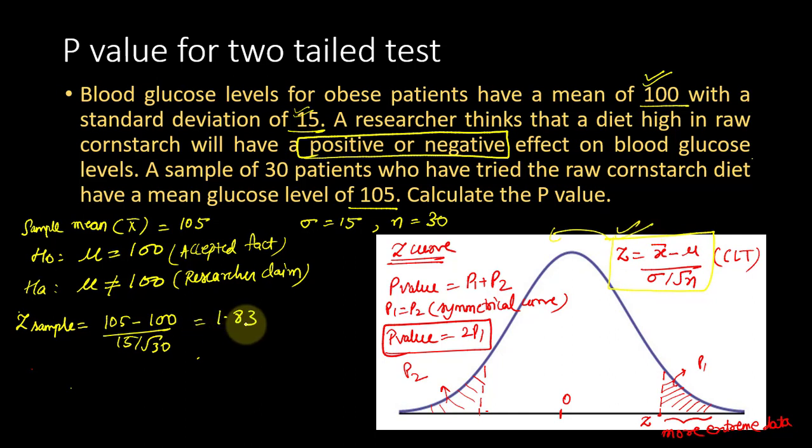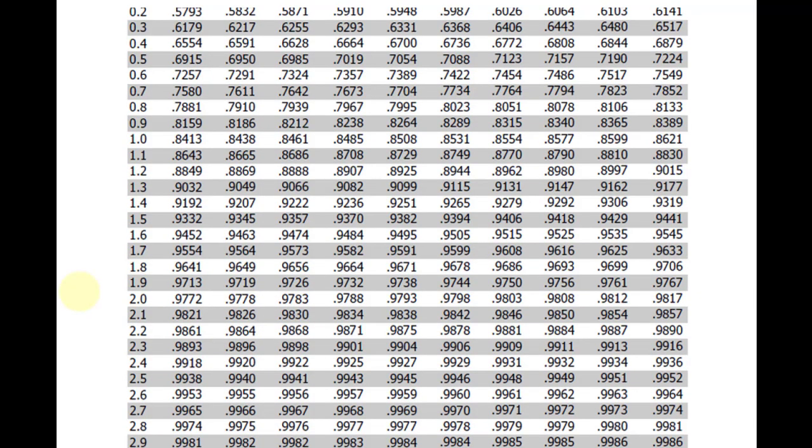Now we are going to see the Z distribution table and calculate the probability. In the Z distribution table, along this vertical line we are given the Z statistic, and we already know that the table for Z gives the area to the left of the Z statistic. So if the Z of our sample is 1.83, as we have derived, corresponding to 1.83 we get the value 0.9664. What is this value? This value is the probability of Z less than 1.83.